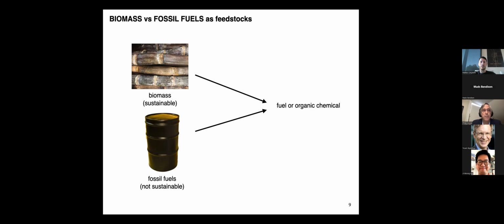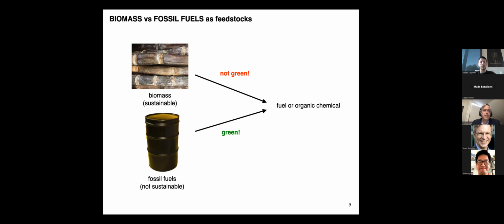So, for example, if you want to make something like a polymer or a fuel or an organic chemical, you want to make it out of biomass or out of fossil fuels, which one is greener? We would think the biomass is greener because it's sustainable, right? But actually it's not. If you look at the life cycle assessments that have been done for this kind of comparison, it's always the fossil fuel that's greener. There's less environmental harm caused by converting fossil fuels to organic products than there is from biomass. And it's not a small difference, it's a huge difference. And this is horrifying because we all want to use sustainable feedstock. Biomass conversion sounds wonderful, but actually biomass conversion is usually far more harmful to the environment than fossil fuel conversion.